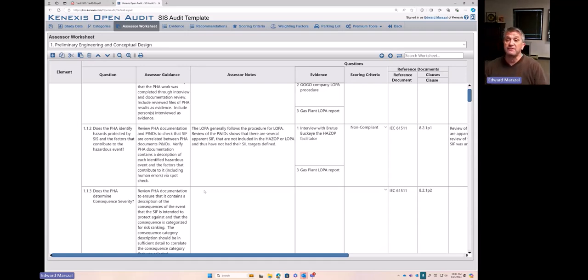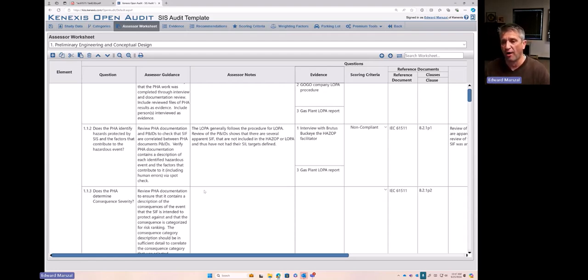So functional safety auditing is a key aspect of making sure human failure doesn't cause safety instrumented systems to not respond on demand. And human failures we're going to address through administrative controls, policies, procedures, competency checks, training, and then